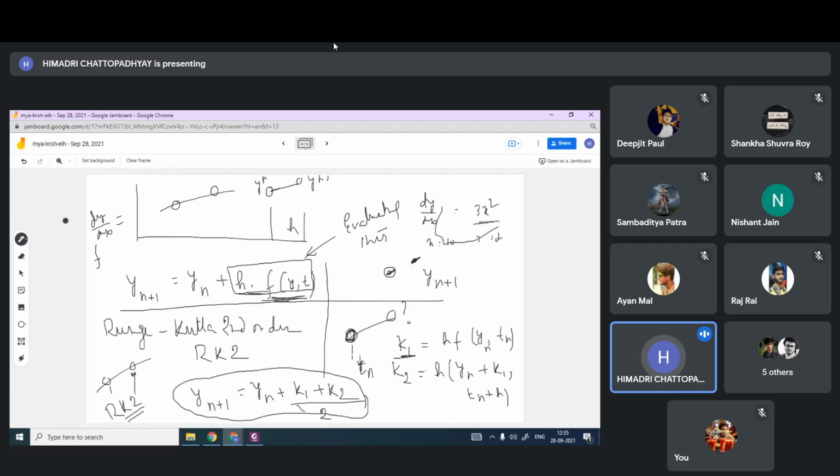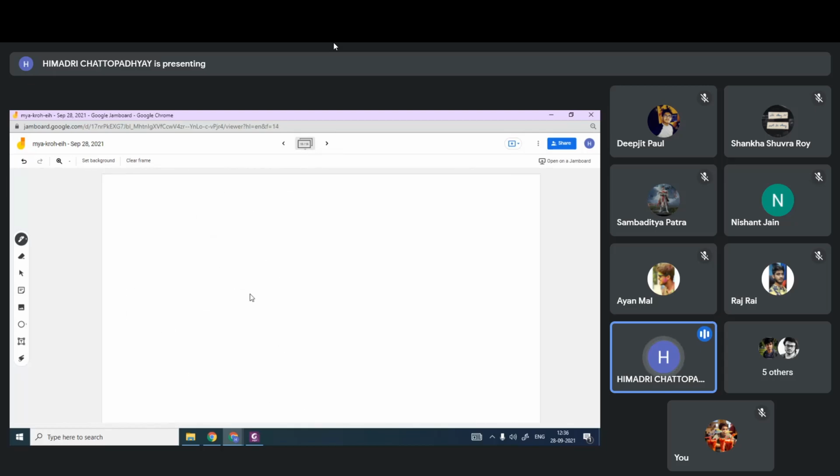I think I have sent you by mail, and it will take some time to understand. You write it 3-4 times, then only the matter will be clear. Just by shouting, it's difficult to make this clear. But again, I am telling you what this is. I have not given any assignment; I have given you only an assignment for Euler's method. But what is Runge-Kutta 2 telling?